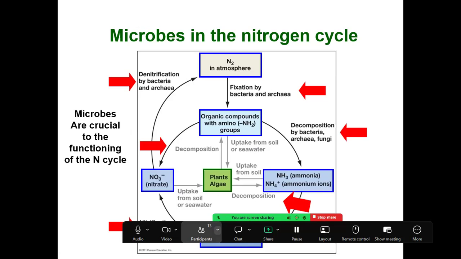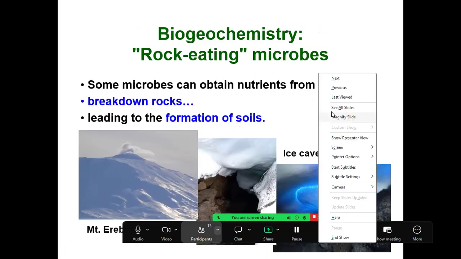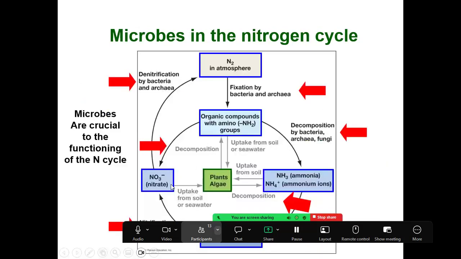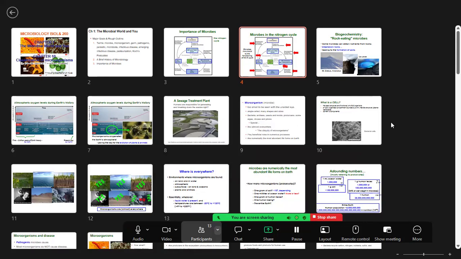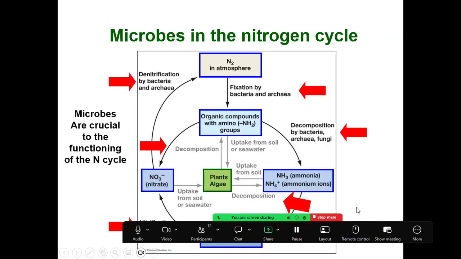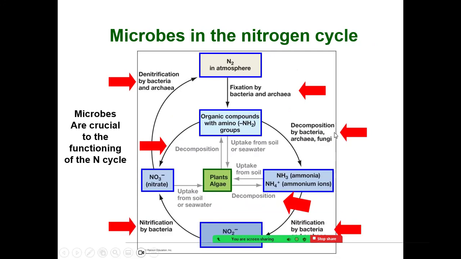Well, wherever we have a red arrow, here, here, here, here, here, here, and then there, the last step too is a step in the nitrogen cycle that happens because of a microorganism changing